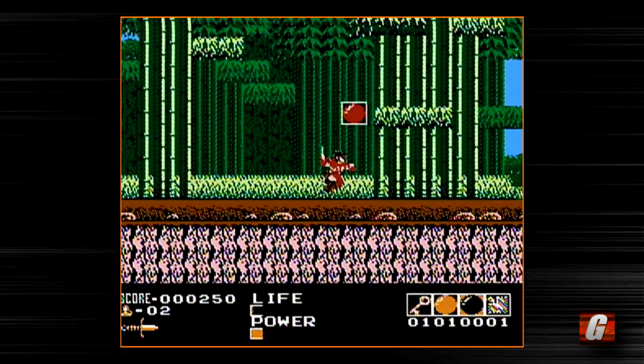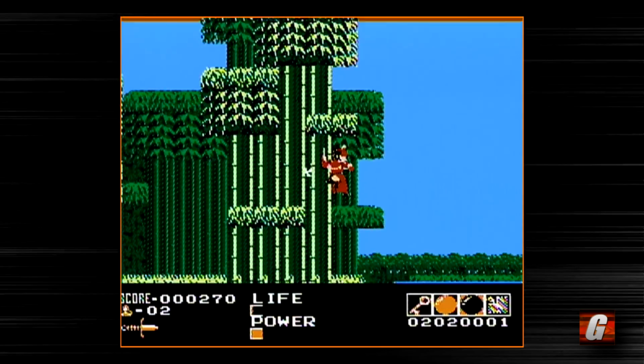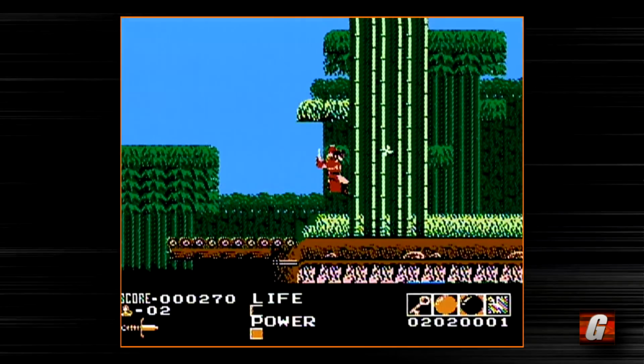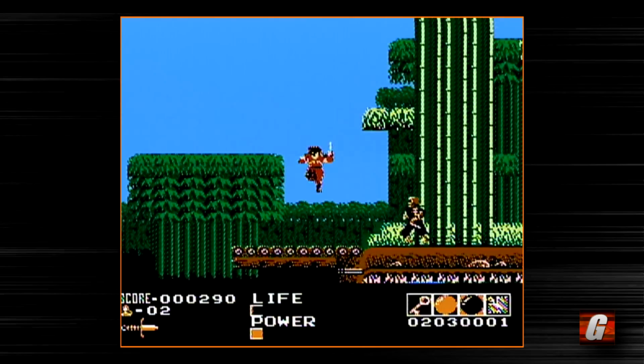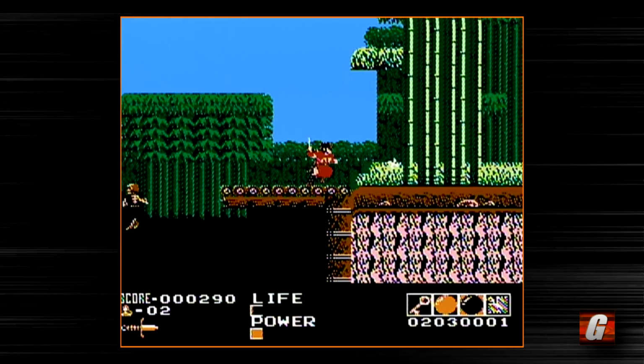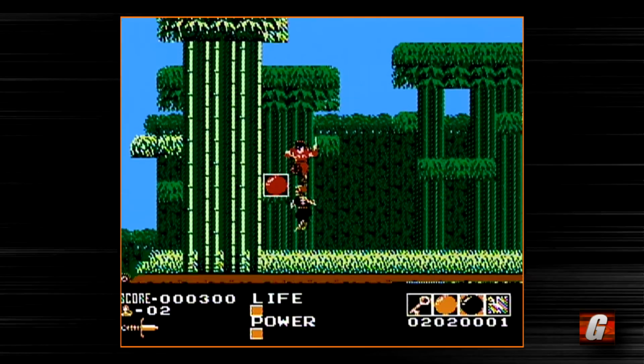Now, we might actually die here. Actually, we might not. One of the items you can pick up is the red sphere. And that's denoted, there's one right there, in the bottom right-hand portion of the screen. You got these little icons there. And what the red sphere does is...